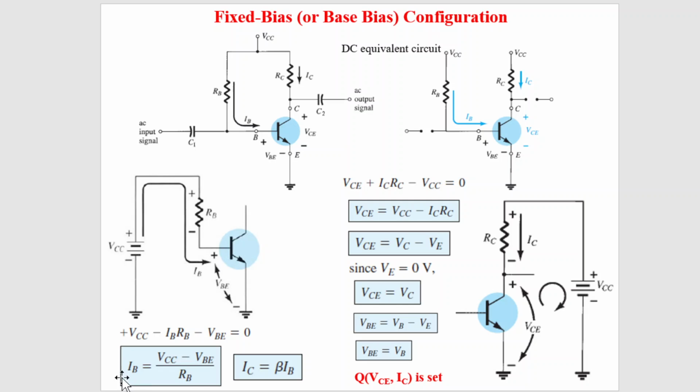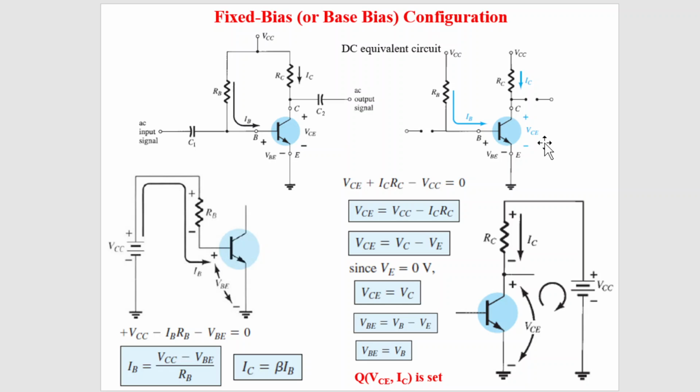If you are able to determine the value of the base current IB, the value of beta will be given for the common emitter transistor, so you can calculate the value of IC, the collector current. IC will be equal to beta IB. Now you have calculated one Q point of your transistor, and you can apply Kirchhoff voltage law in the collector emitter loop. The negative end of VCC is also grounded, so this point is ground and this is ground, making another closed loop.